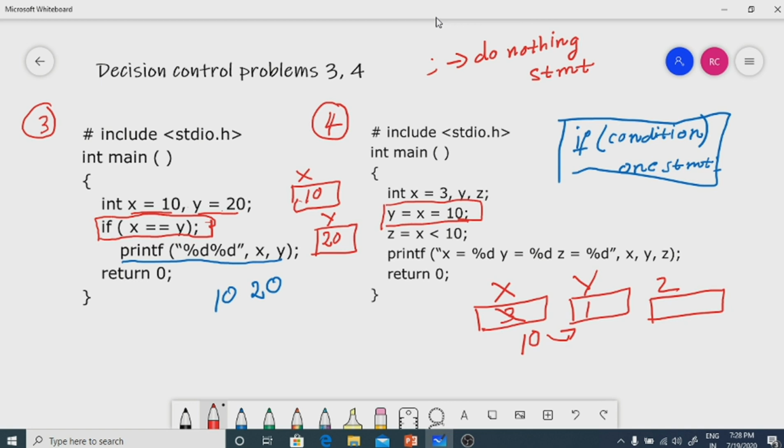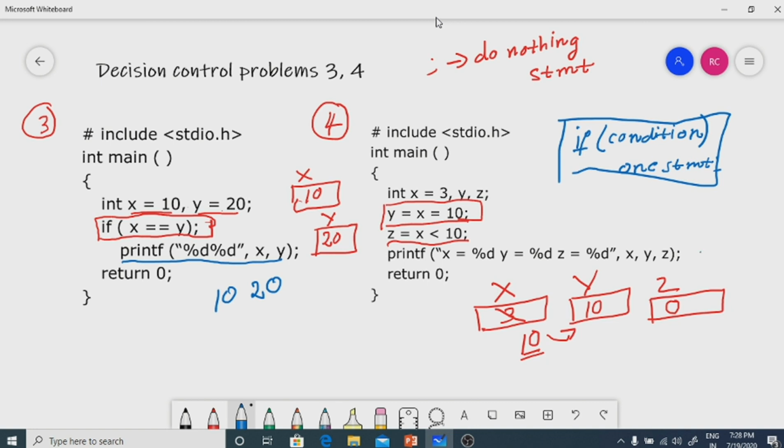So 10 will go to y, and now z equal to x less than 10. The value of x is 10. 10 less than 10, the condition is false. So 0 will be assigned to z. So what's the output here?